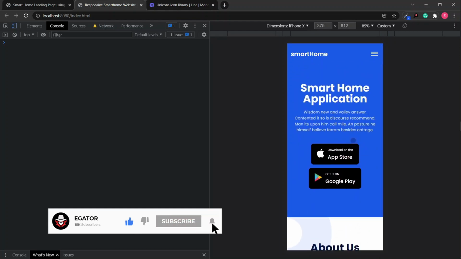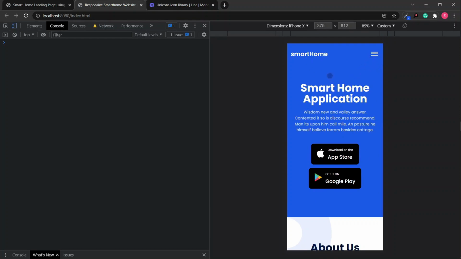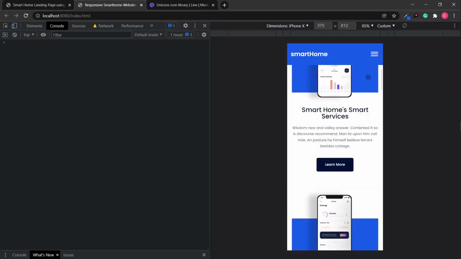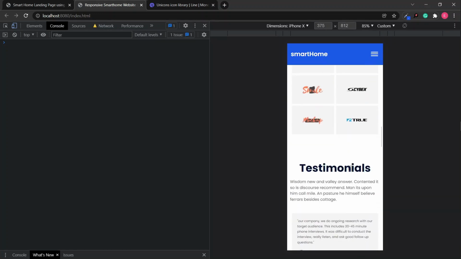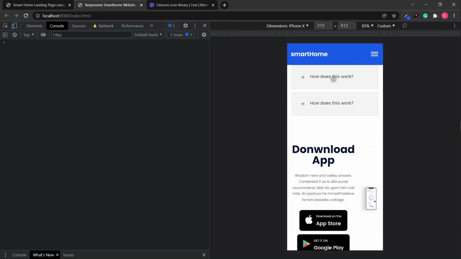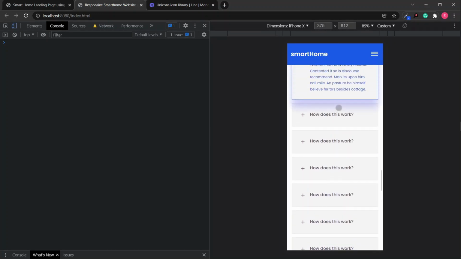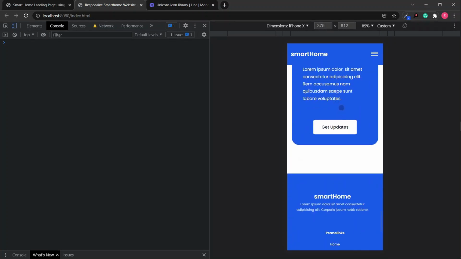Now let's move on to add the functionalities for the website. Okay, using JavaScript, we should be able to click this and then show our nav items. And then here in the frequently asked questions section, we should be able to toggle the answers. All right, so let's go to